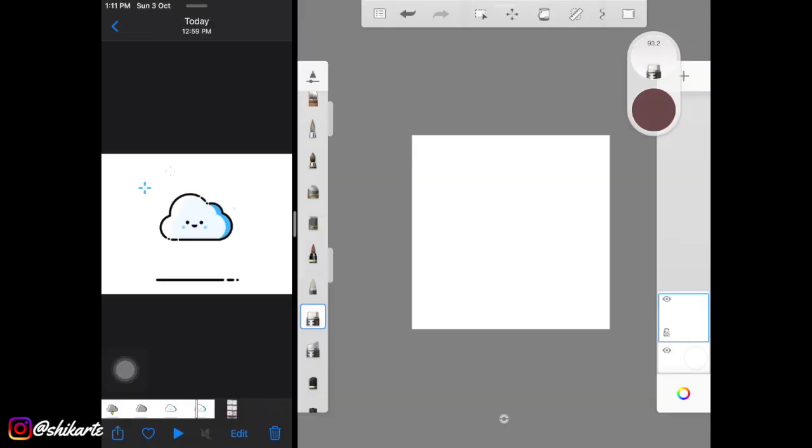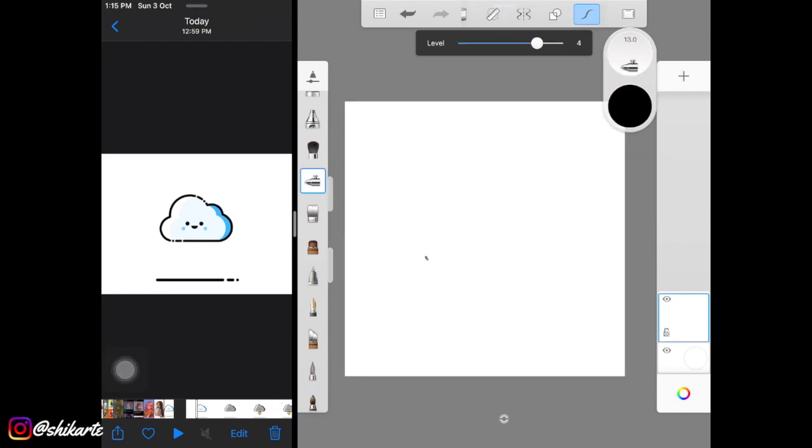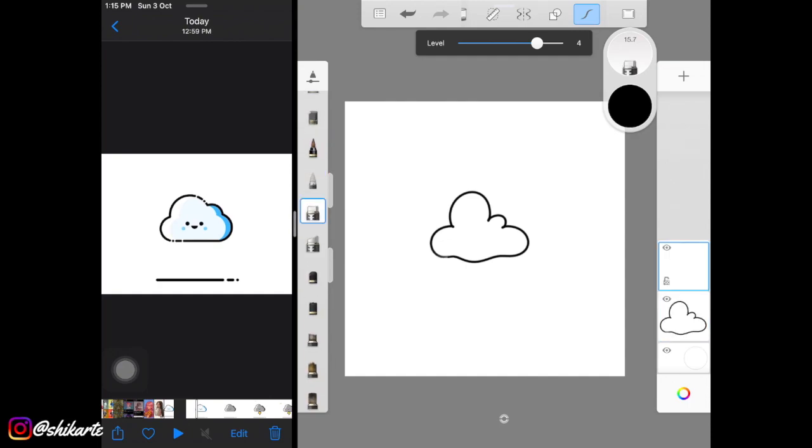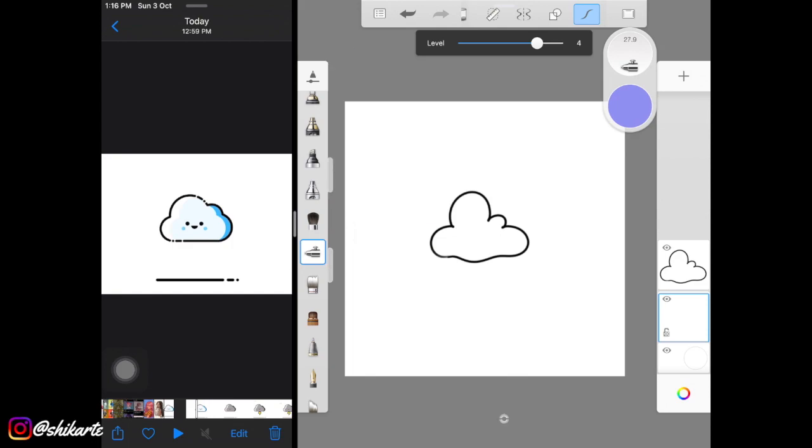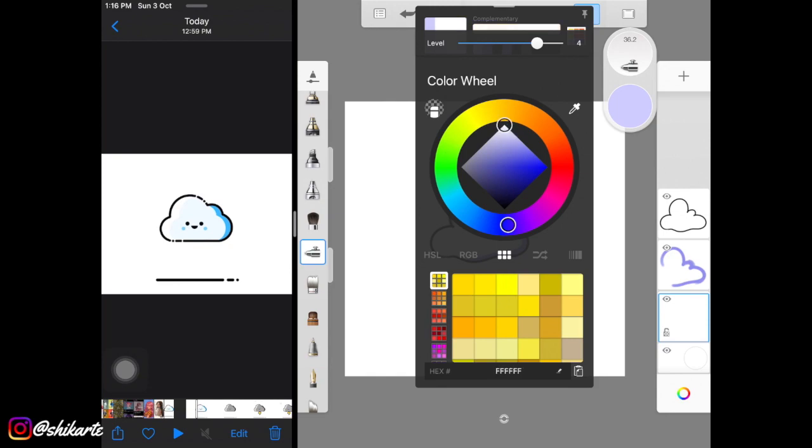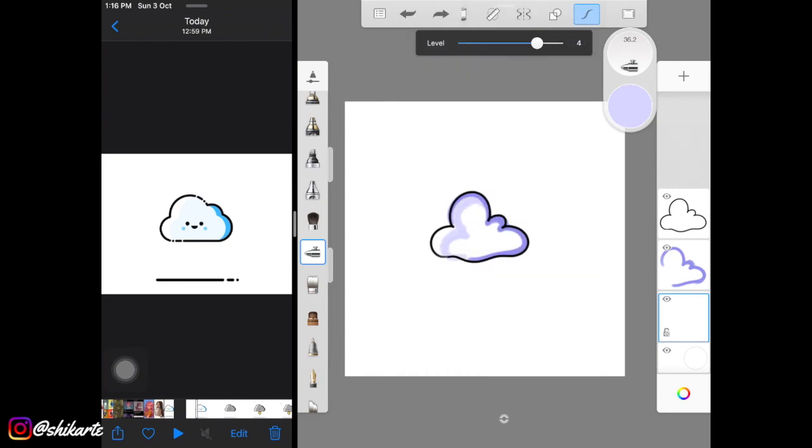Here I have used split screen to do so, but if you do not have that function on your tablet, you can always use your phone and do that sliding timeline thing on your phone and see what you have to draw according to the frame that you are seeing on the video. Here I am creating this cloud, and obviously I'm not exactly copying the whole design. I just wanted to see the cloud movement for the GIF, so I'm creating a different kind of cloud.